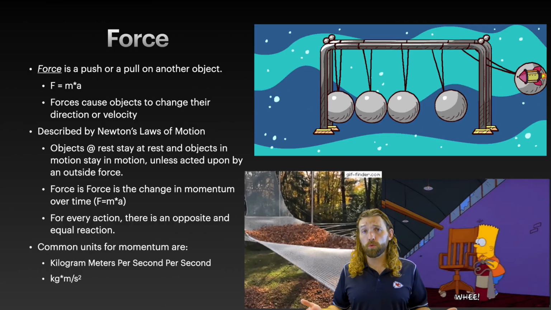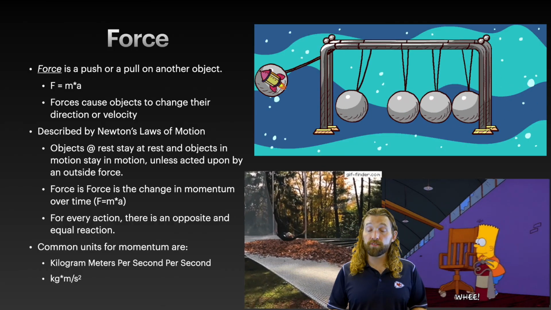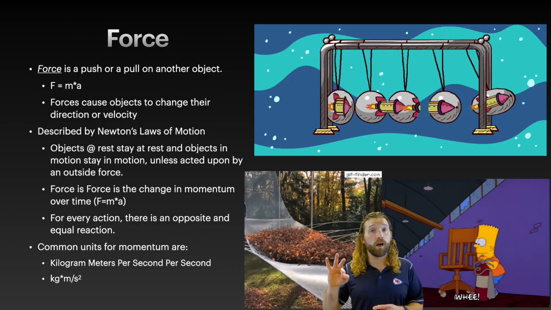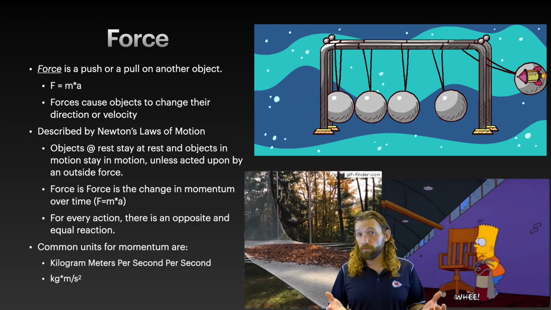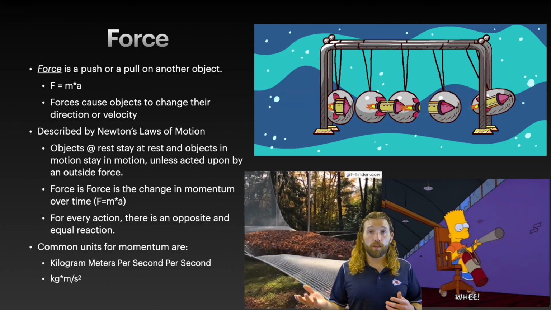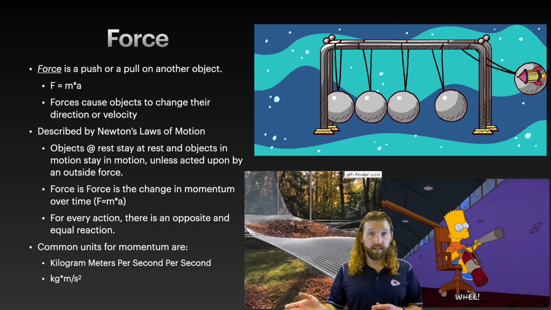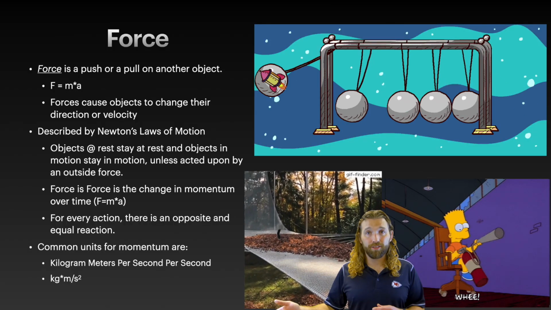Thankfully, there was a really cool dude who figured out all of this stuff for us hundreds of years ago. His name was Sir Isaac Newton. And Sir Isaac Newton came up with 3 laws, 3 laws that really governed moving bodies and force. His 3 laws were as such. Objects at rest tend to stay at rest, and objects in motion tend to stay in motion unless acted upon